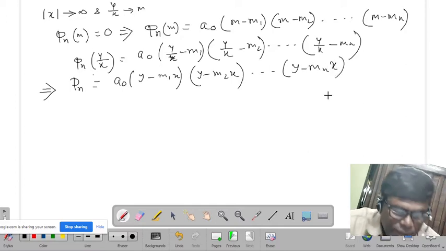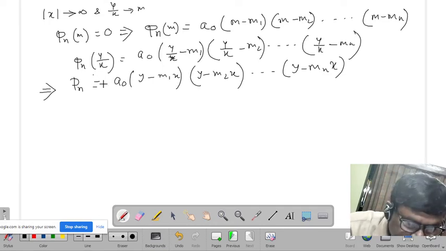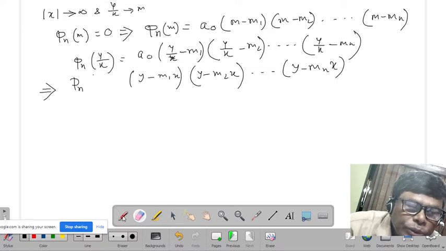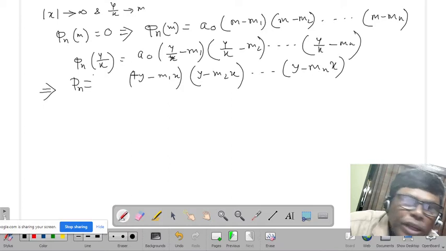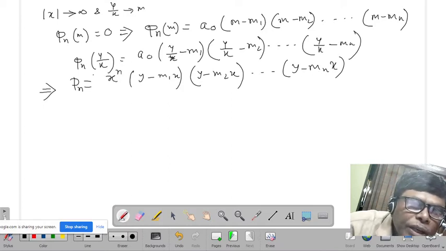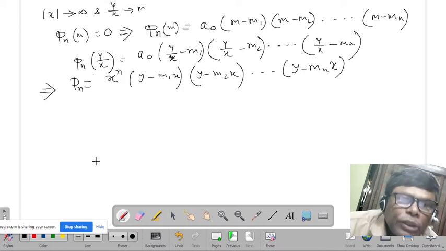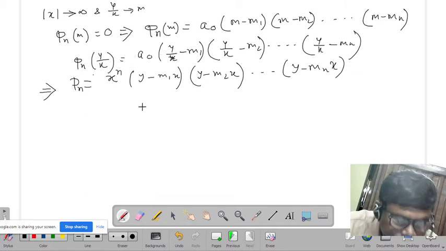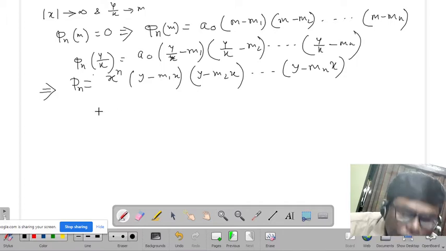Okay. And here we can take out a0, and from here 1x, from here 1x, from here 1x, so x to the power n taken common. Okay, so phi nx is like this. Okay, hence each factor, so we can write down that each factor